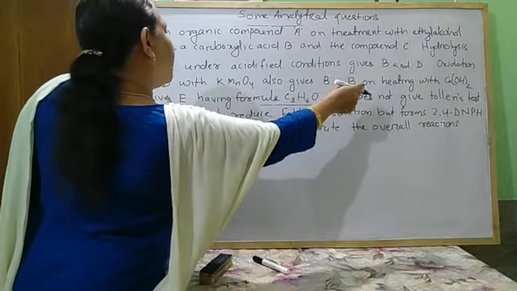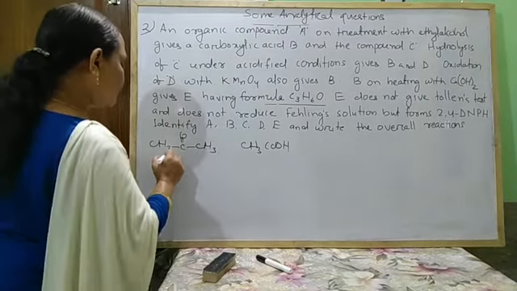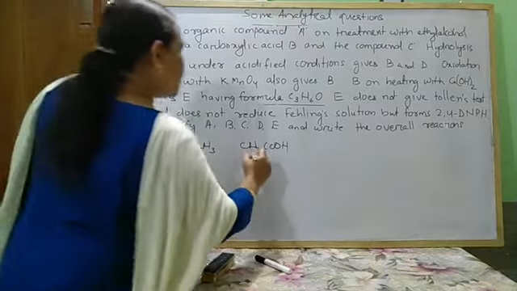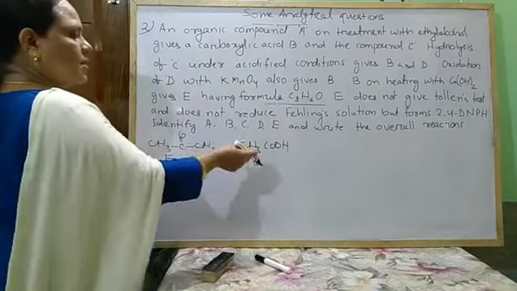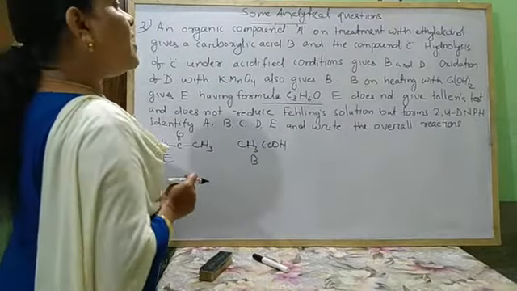B on heating with calcium hydroxide gives E, having formula... So this one is E and this one is B. B on heating with calcium hydroxide forms this. Next,